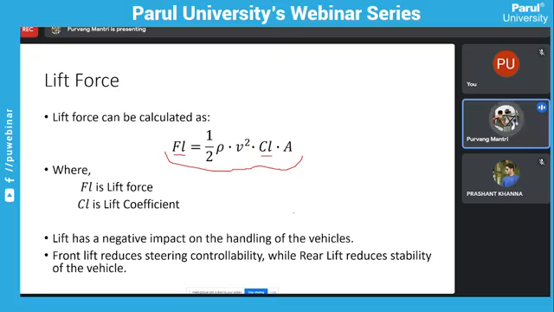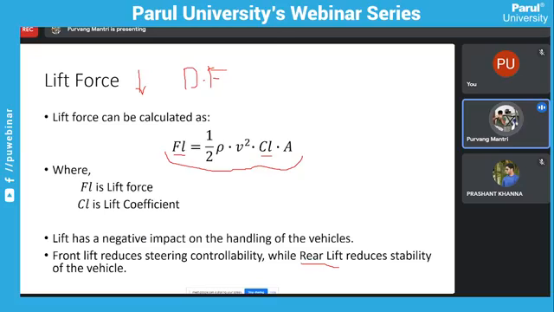You will have to increase the input of the steering wheel to correct the direction of the vehicle, and that understeer condition is not desirable when it is related with lift force. So we try to reduce the lift force, which in turn increases the down force. So what we want, not in our road vehicles, but when you